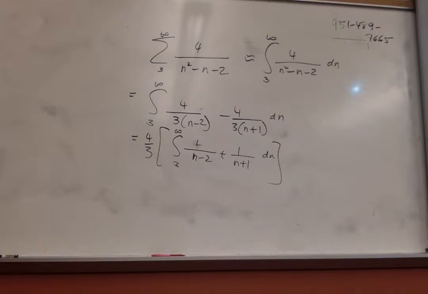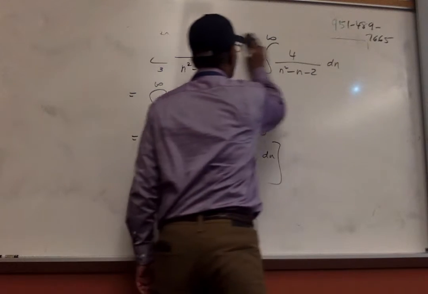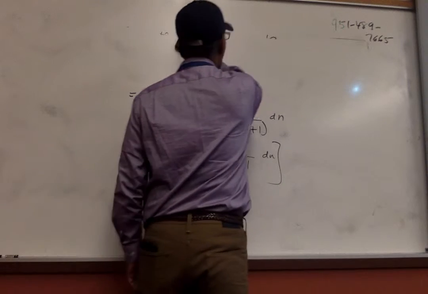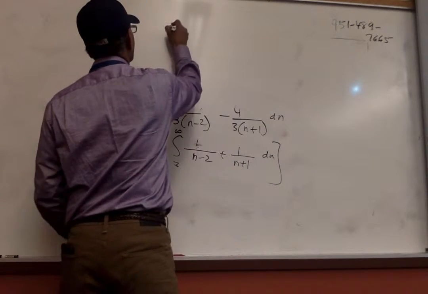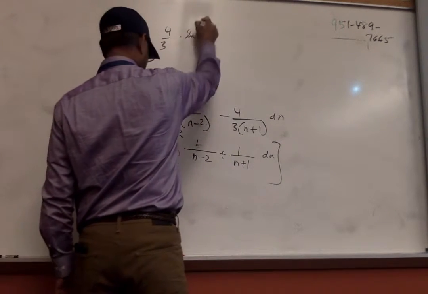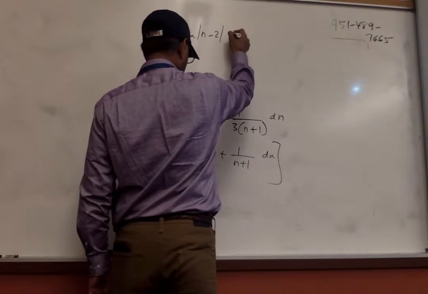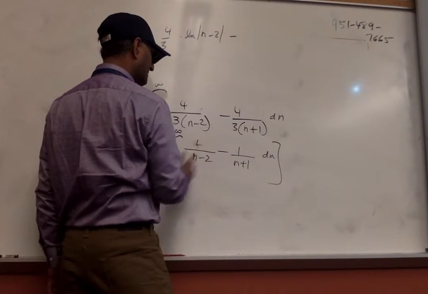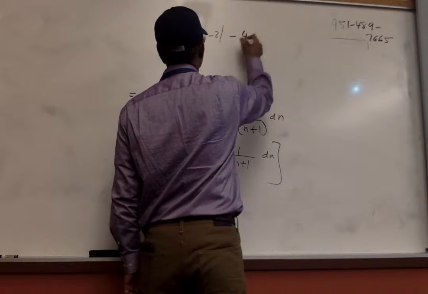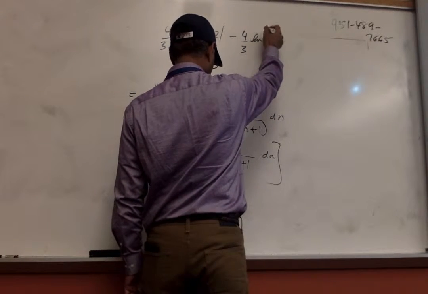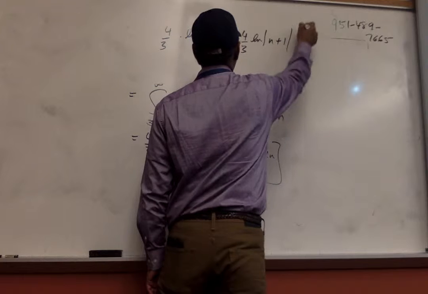Can we integrate? Integrate yourselves. First semester, basic integration. What's the integral of 1 over n minus 2? ln of n minus 2, minus, that's a minus sign, right? Minus 4/3 ln of n plus 1. Lower limit,